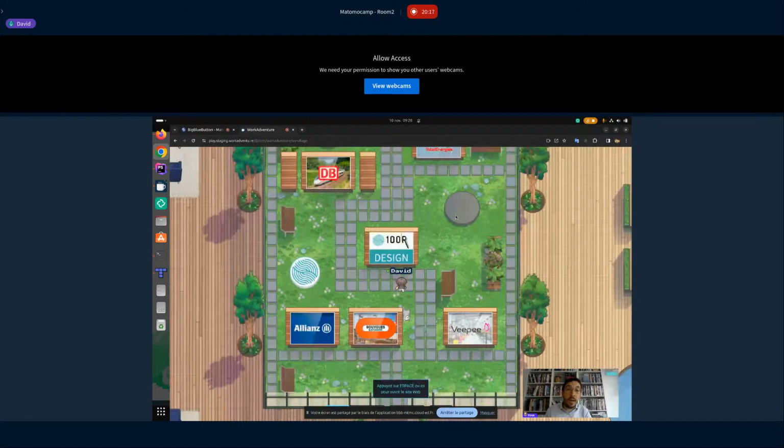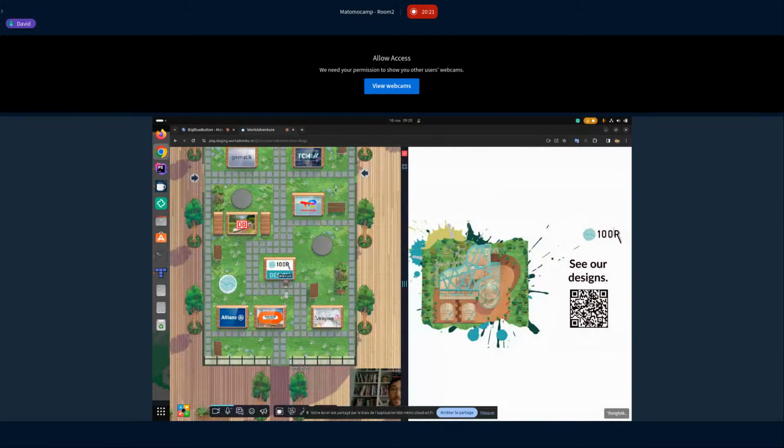So here we are showcasing the projects we've been doing. And when I click space, you see it's opening something here. This is actually a web page. And I'm including the web page in WorkAdventure using an iframe. So it means that when you design a map, you can actually plug WorkAdventure to any website.